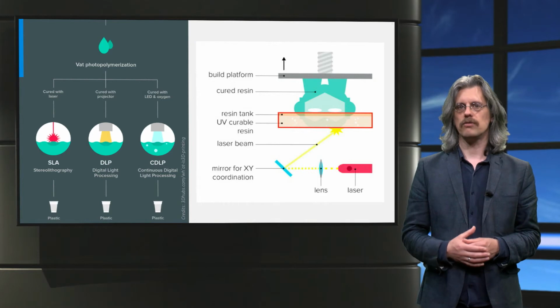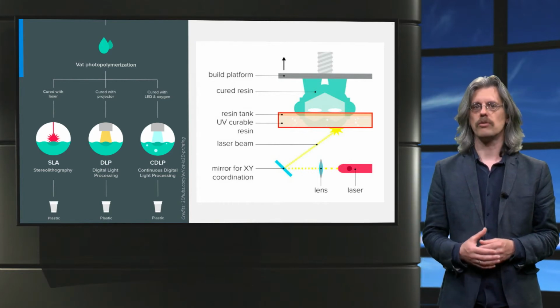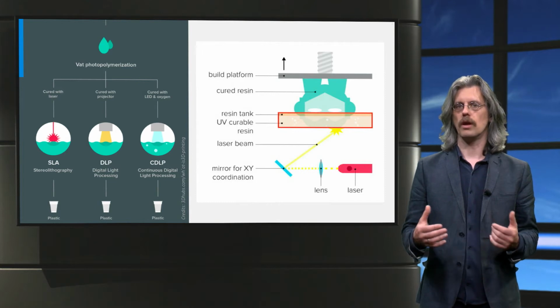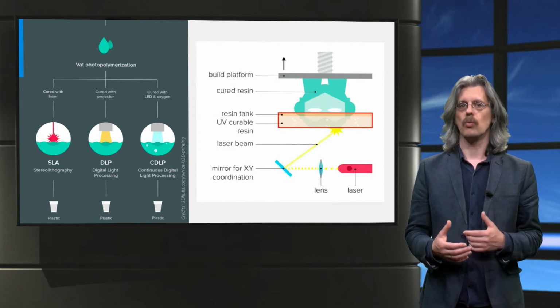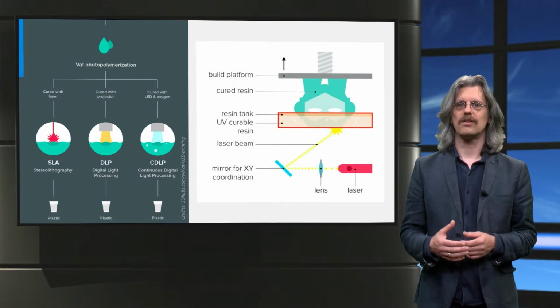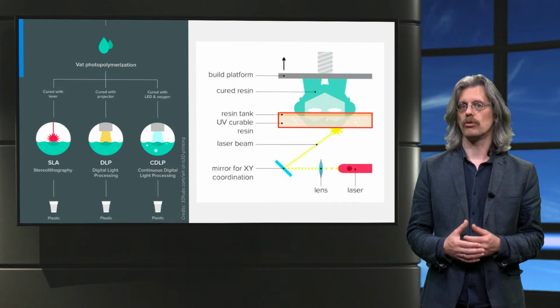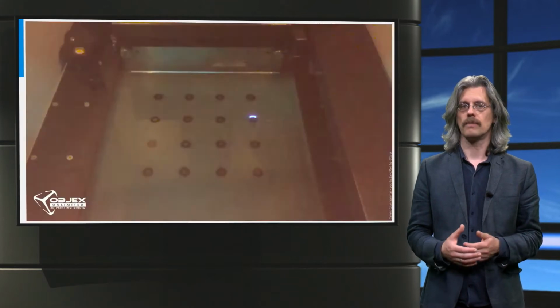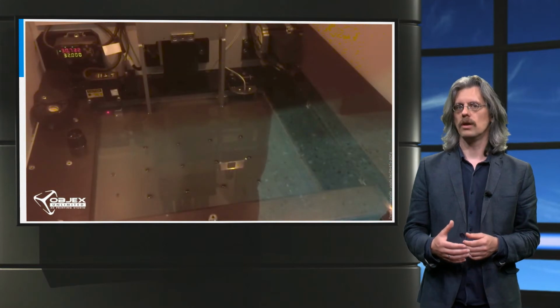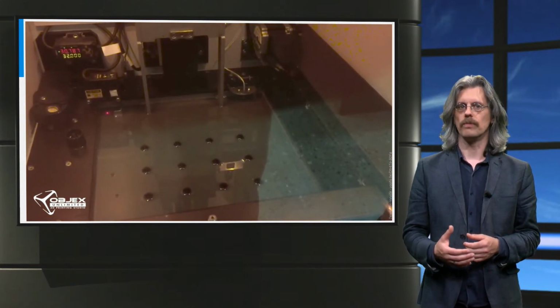The oldest additive manufacturing technology is vat polymerization. It starts with a vat of photopolymer. This is a liquid that changes into solid when exposed to ultraviolet light. This light can be projected using a laser, projector or an LED display. And each layer of the 3D model is cured individually to form the complete model.